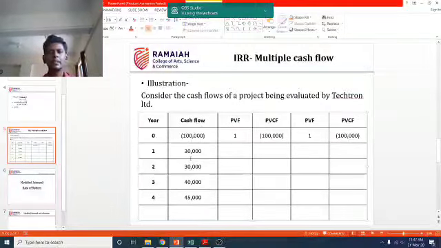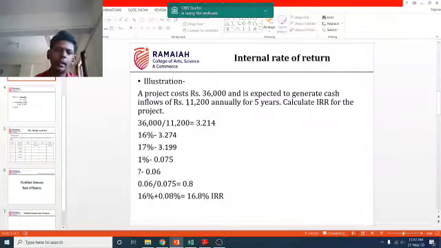So students, in our previous session, we had seen internal rate of return for an equal cash flow, right? The cash flow was spread out equally over a period of time. That project was giving you a cash inflow of 11,200 annually for 5 years. That 11,200 was constant for 5 years. In that case, you could consider it an annuity, calculate the payback period, and for that particular year map the required discounting factor, correct?